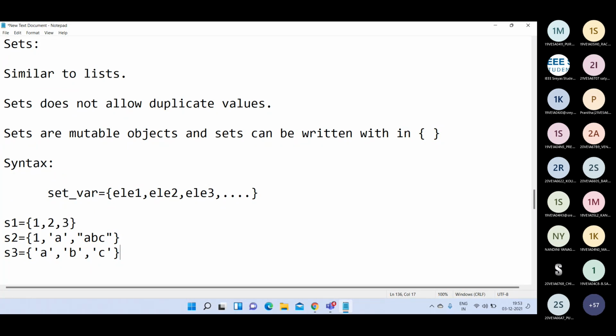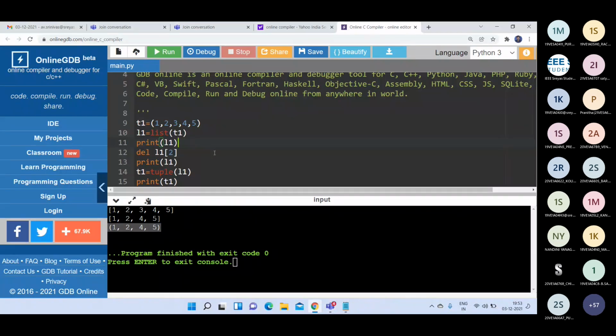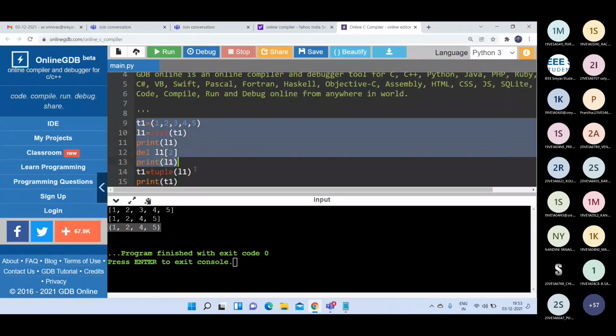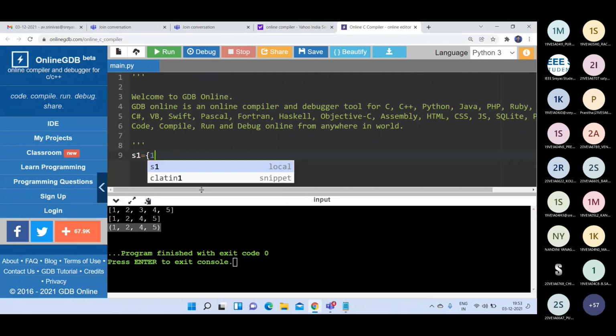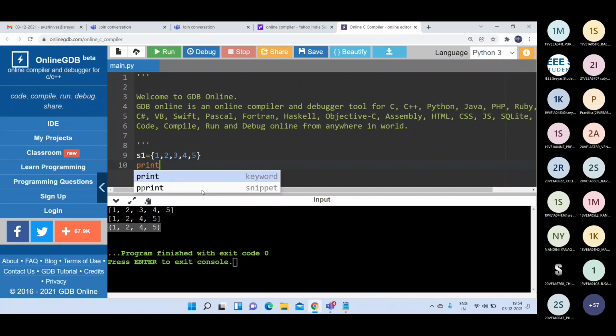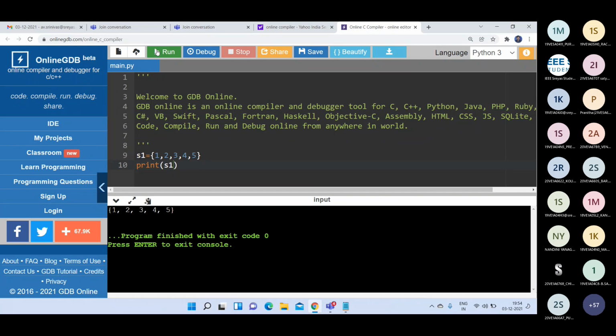An important point here is sets do not allow any duplicate values. See here. If I create S1 is equal to {1, 2, 3, 4, 5}, and if I print S1, I will get 1, 2, 3, 4, 5.